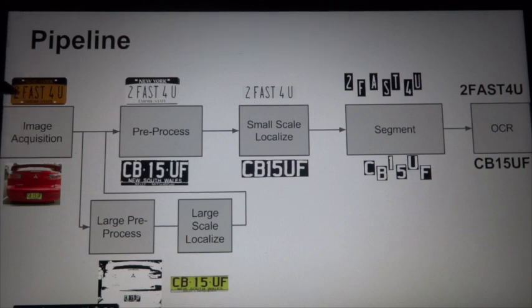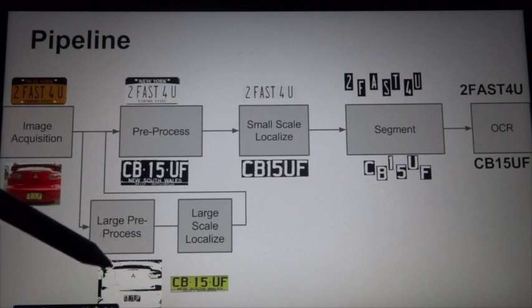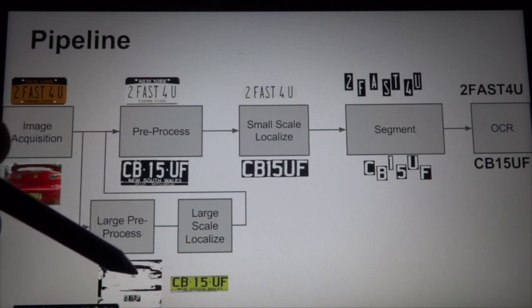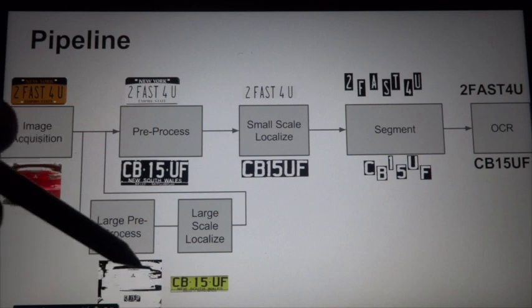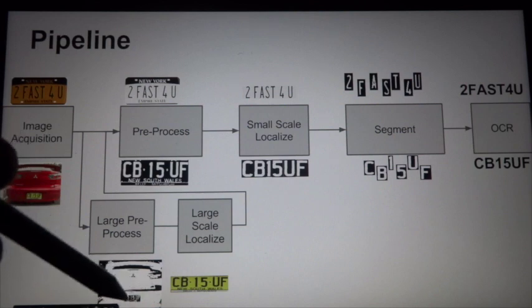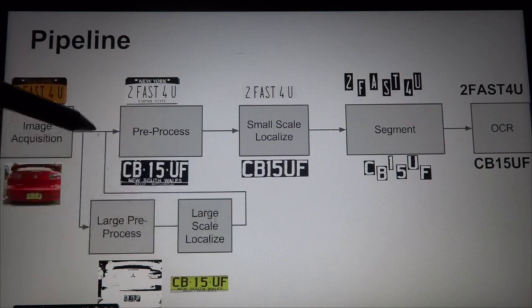On the alternative pipeline, where we receive an image that represents a vehicle with a number plate on it, we have to pre-process the image, meaning that we change that image to black and white. Then we look for black squares or black parts of the image, right? And try and determine which one of these black parts of the image has the aspect ratio of a rectangle. That tends to be a number plate, which we then cut out and send back to the main pipeline and